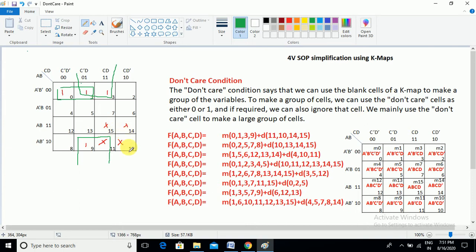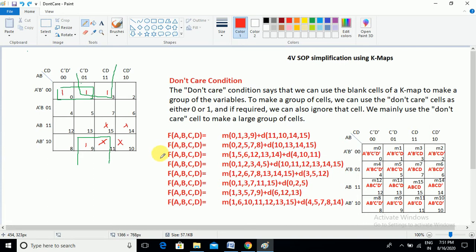They are not utilized anywhere, and you should not create a separate group for any don't care cells. Students might think of creating the grouping wrongly, making a group of don't care cells as a single group this way. We should not do it. Don't care cells should not be considered in any group. We have to leave 15, 14 and 10, not considering them in our grouping. Only one don't care cell has been utilized for our min term grouping. Now you know how to write the answer for each and every group.